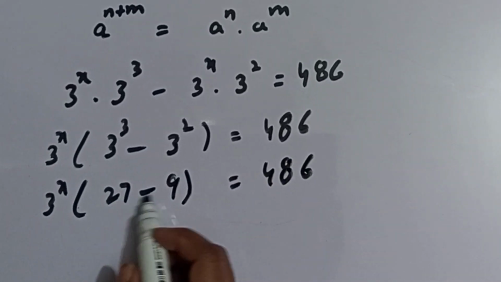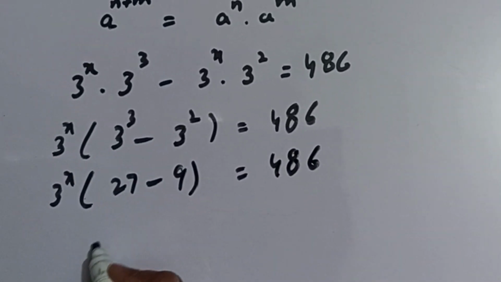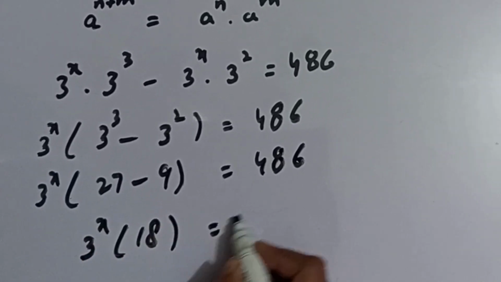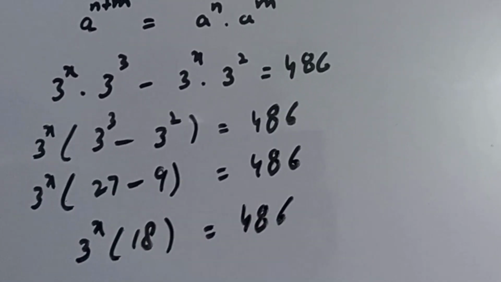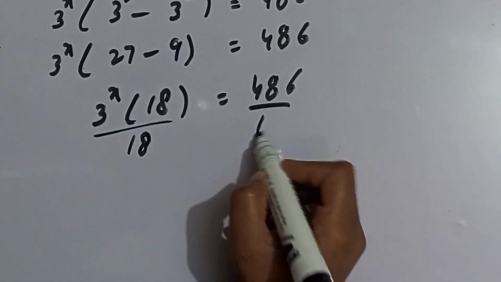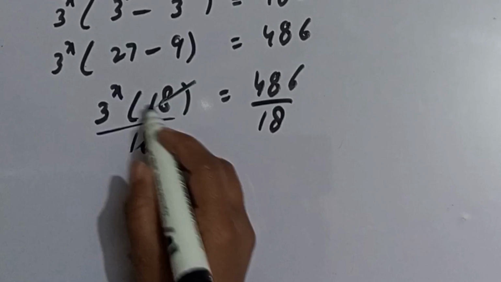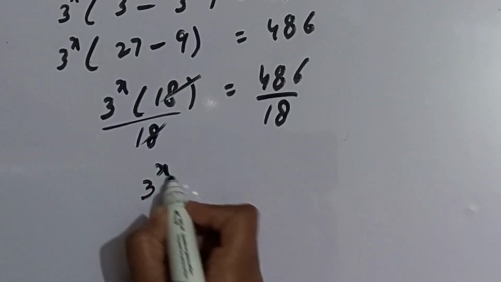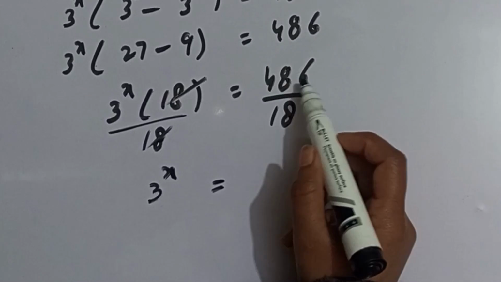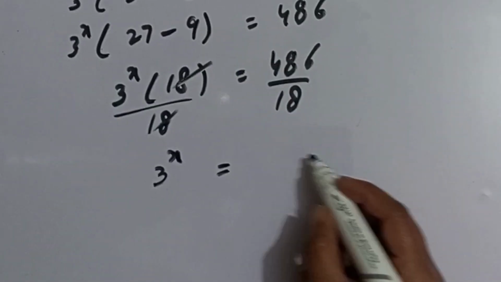Now we subtract: 27 minus 9, we get 18. So we have 3 raised to the power x multiply 18 is equal to 486. In the next step, we divide this equation by 18 on both sides. So the 18 and 18 cancel here, and we just get 3 raised to the power x. In the next step, we divide 486 by 18. Then we get